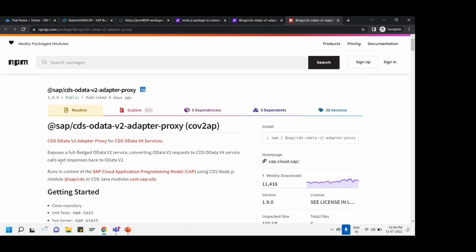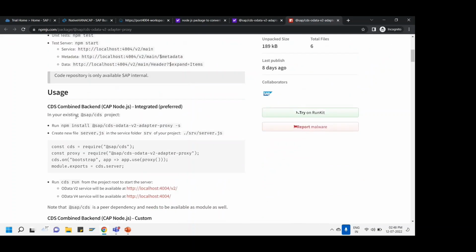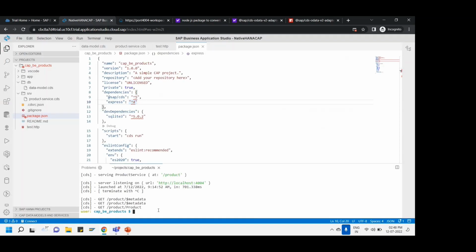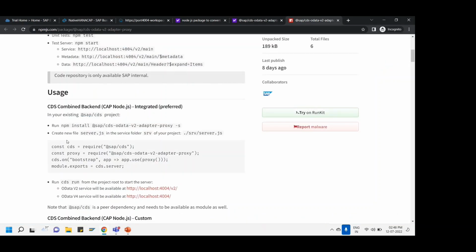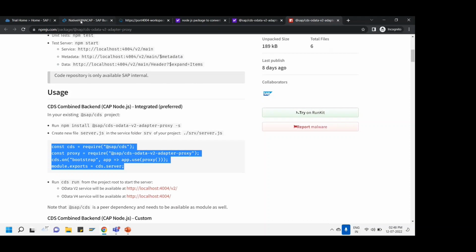Okay, can you see there is a package, and there is a list of steps already mentioned. In case you are working with a CDS CAP Node.js application, all you have to do is say npm install the package. Just copy this, paste it over here, and it would install the package for the OData v2 proxy. Till the time it gets installed, let's see what else it is mentioning. Then you have to create a server.js file in the service folder srv, and it should contain this code. Once you execute your program, it would generate two services, OData v2 and OData v4, at the same time. So I'll just copy this code, go over here,